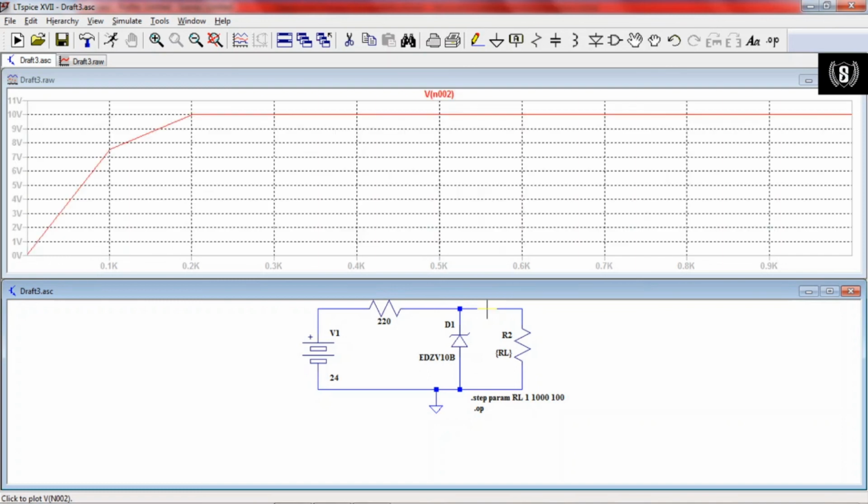Put a probe here that will plot your graph. So you can see that until it reaches 10, it is increasing with respect to the variation in the load resistor. But once it reaches 10, irrespective of the changes you are applying to the load resistor, the voltage is maintained constant. So this way, the Zener voltage regulator as a load regulator is also maintaining constant voltage output across the load, irrespective of the variations in the load resistor.